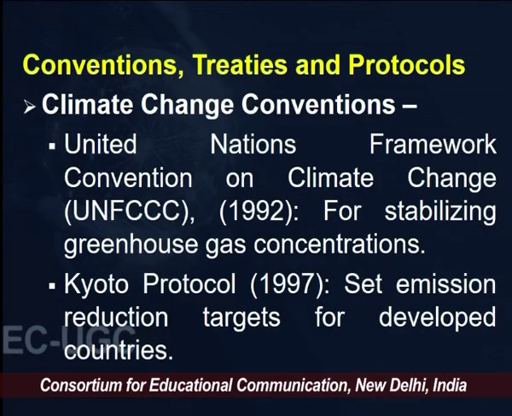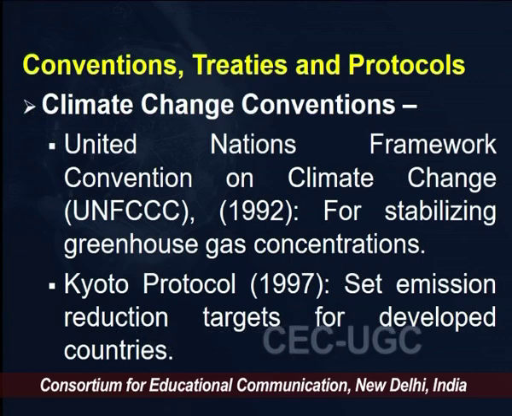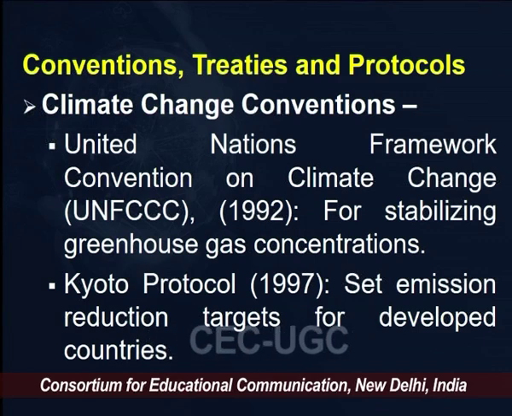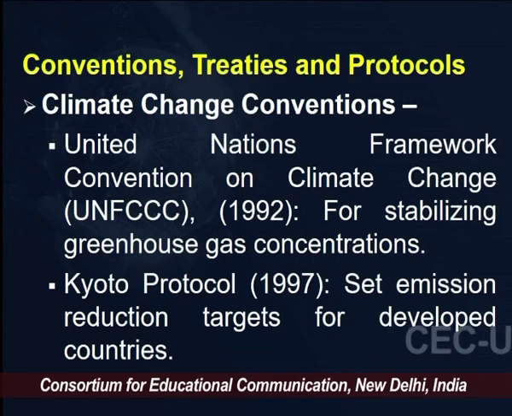The first one, which was held in 1992, was the United Nations Framework Convention on Climate Change, that is UNFCCC, and the main idea, the objective, was to stabilize greenhouse gas concentration. So, that was the agenda of this convention. Another very prominent convention was the Kyoto Protocol of 1997, and there they set the emission reduction targets